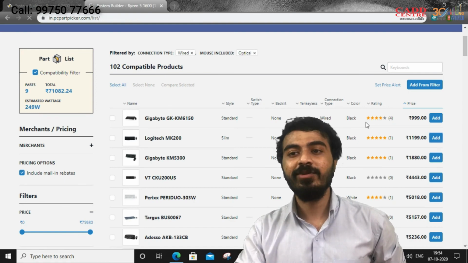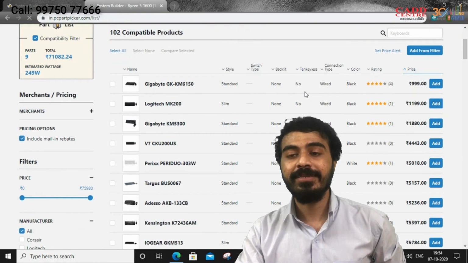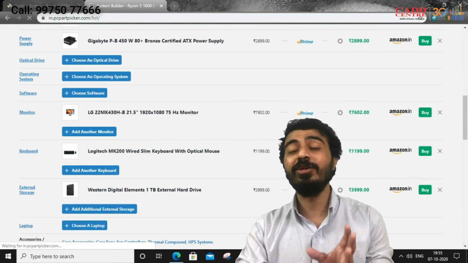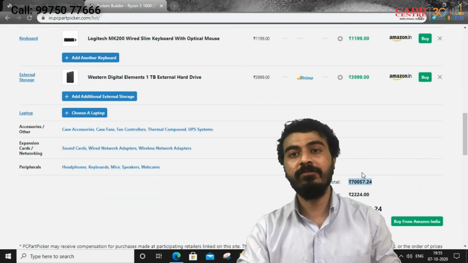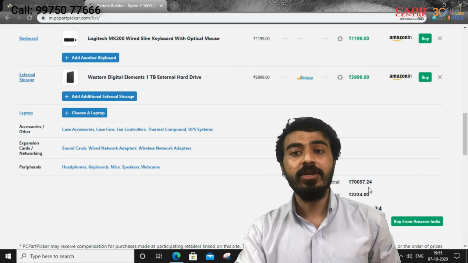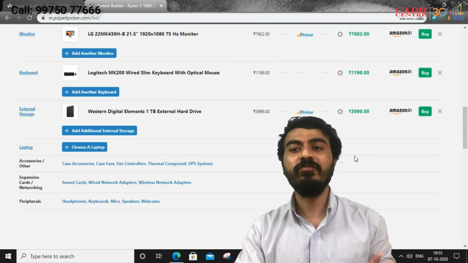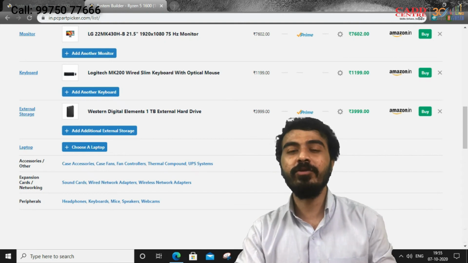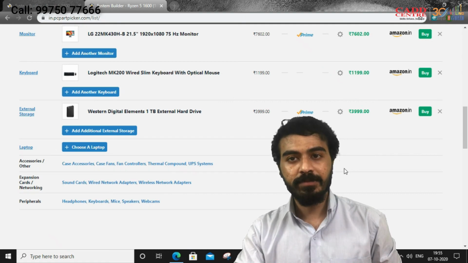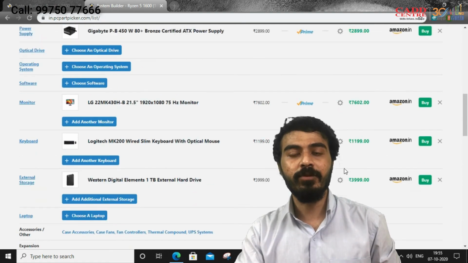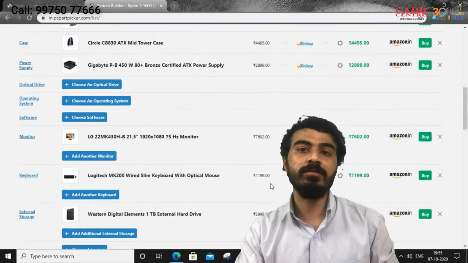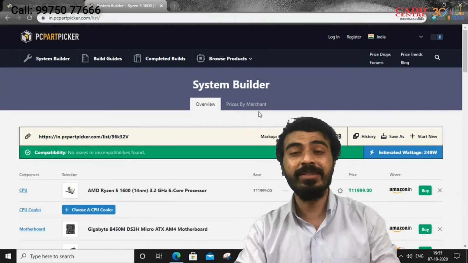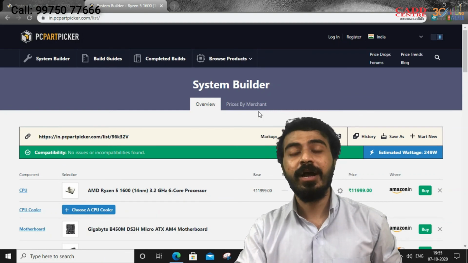You can build your system in 17,000. You can build the top model of your computer in just 17,000. If you do some market research, you will get these components for up to 50,000 to 60,000, but you have to do some market research for that. So don't worry, this is the base price for your components. So from this, you can build your own system without anyone's help.